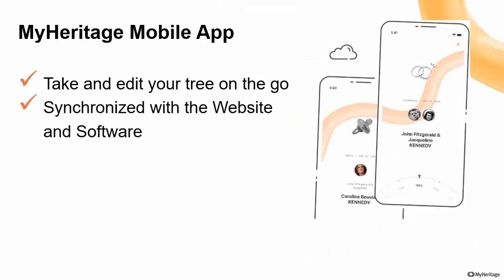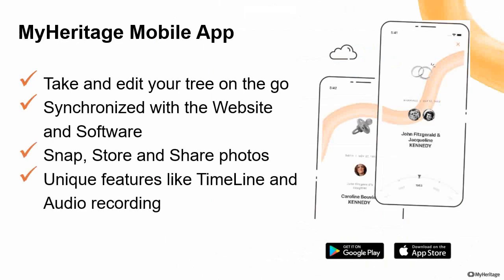Well, so I think and I hope that I have brought you a wider view and understanding of all what you can do with the MyHeritage mobile app. Basically, because you already can take and edit your tree wherever you go, it will be kept synchronized always with your website and your software. It will allow you to take advantage of your mobile capabilities, the camera, the microphone, just to move photos from one place to the other, to do